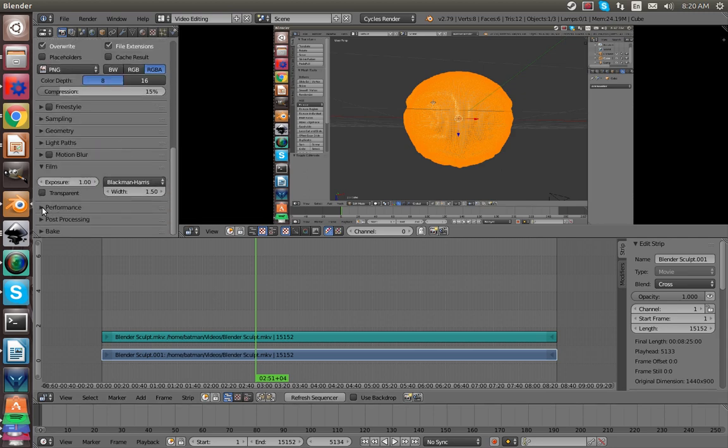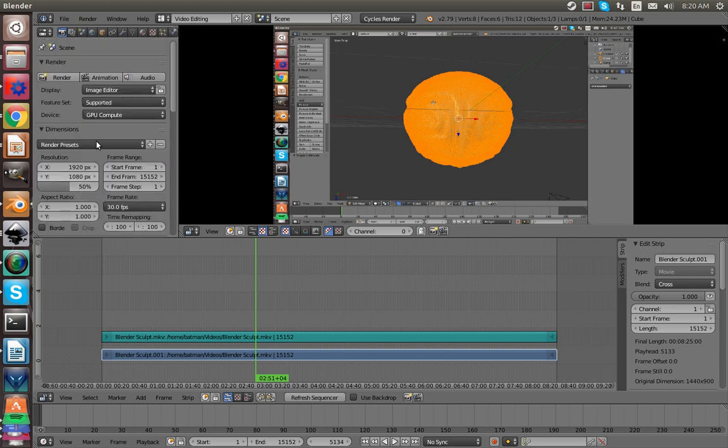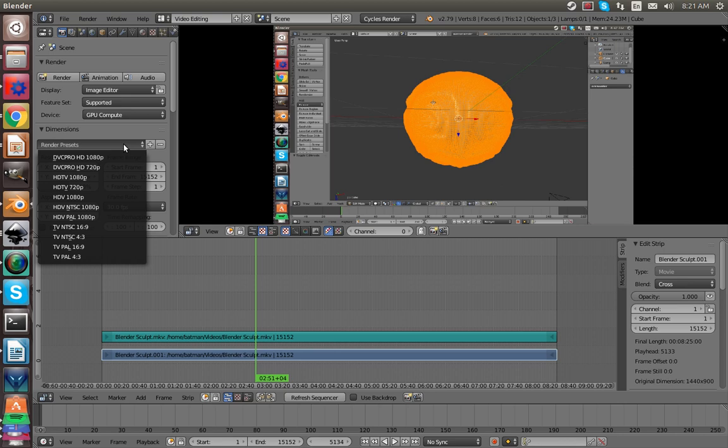And this is just for if you have a graphics card. Go down here to Performance, and under Hilbert Spiral, change it to a very big number like 2048, because graphics cards work better if they're rendering large areas rather than small areas. So now we have all the settings set. Of course, you can change your resolution to whatever you want, but we're just keeping it at 1080p right now, and we'll click Render. So there's actually one more thing I just remembered that we have to change,